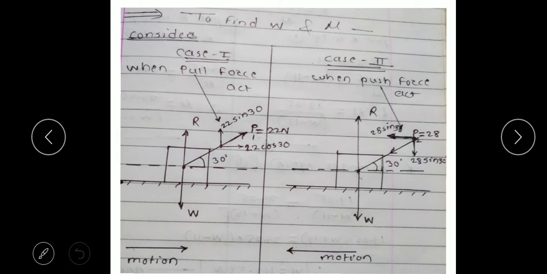So we can see this R is the vertical one. W is also in a downward direction but vertical, and 28 sine 30, this is also a vertical force, but 28 sine 30 is in downward direction, so the value will be in a